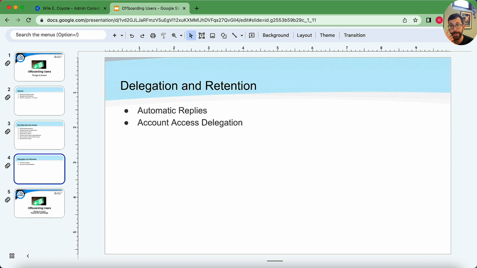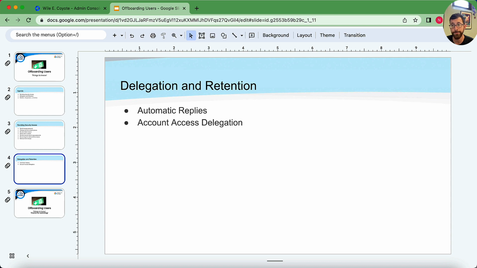maintain all of that data. So there's a couple of different things that you can do for maintaining that data. You can export it all, depending on whether you have the account active or suspended or archived. You can go into Takeout as the user and just do a simple Google Takeout and get a download of all of those files. You can go into Vault and do a Vault export for all the files